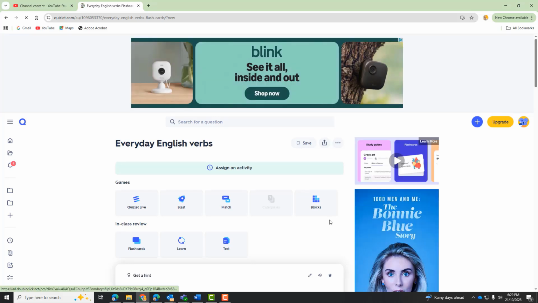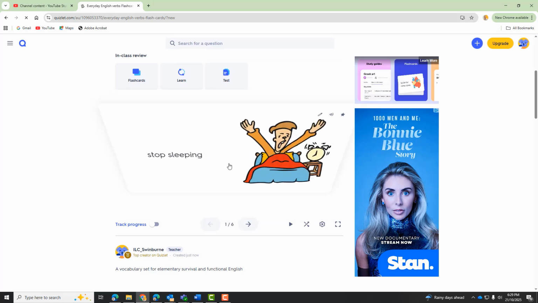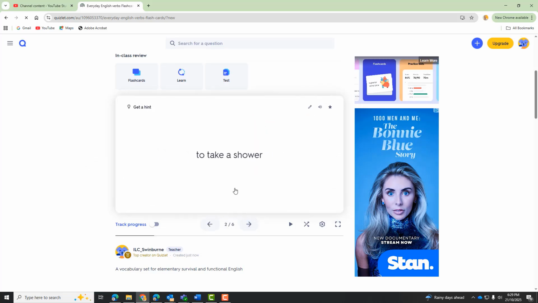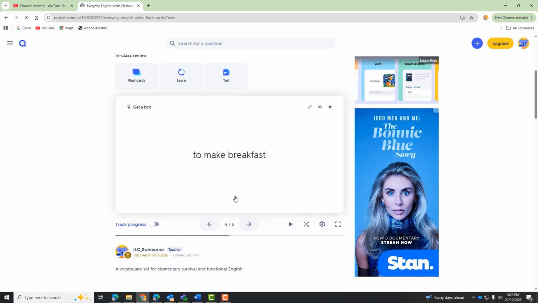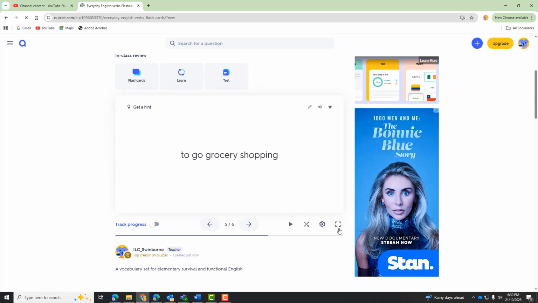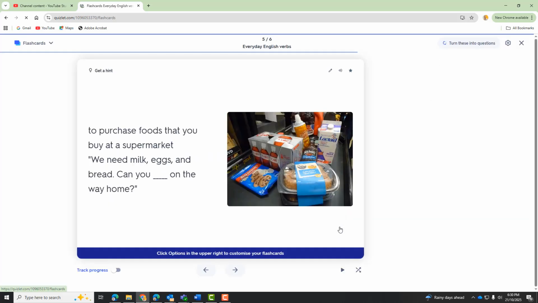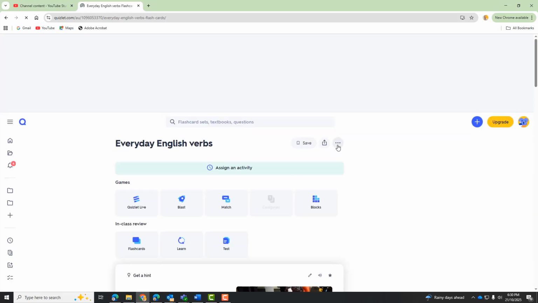So now I've got my everyday English verbs. So what I can do now is I can see that these are here. Okay, students can study these themselves. The images and the definitions. You can always maximize the screen too. Okay, if you want, I'll just close that. If you prefer,